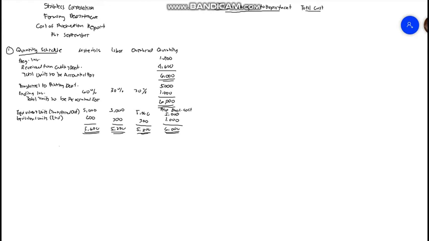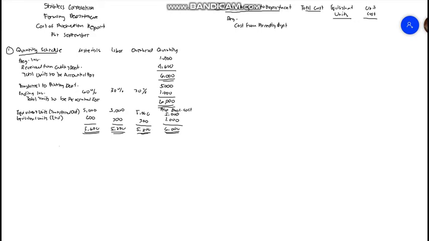So we have here total cost, equivalent units, and the unit cost. Okay, from the beginning inventory we have